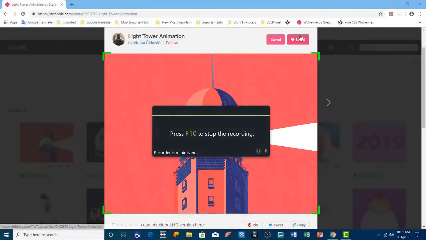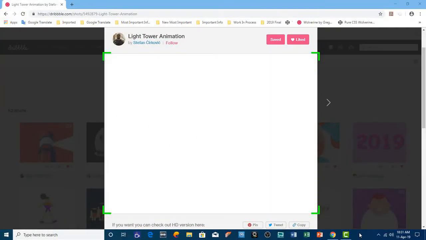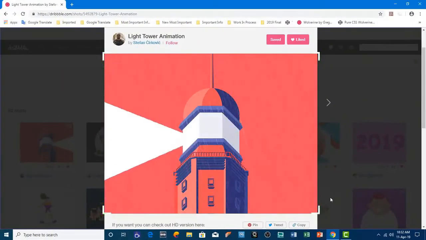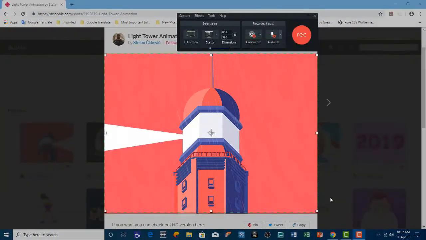So when I start the recording, you can see that the Camtasia Recorder icon is no longer here. It already moved here to the system tray, and you can also move it right here if you want to. And if you want to hide this icon, then just hold this icon and then drag it right here. So that is how I do screen recording in Camtasia Recorder, and pressing F10 will stop the recording.